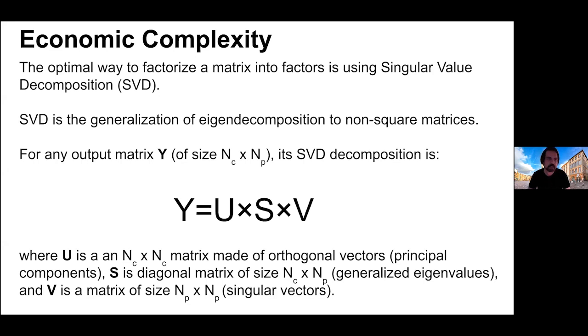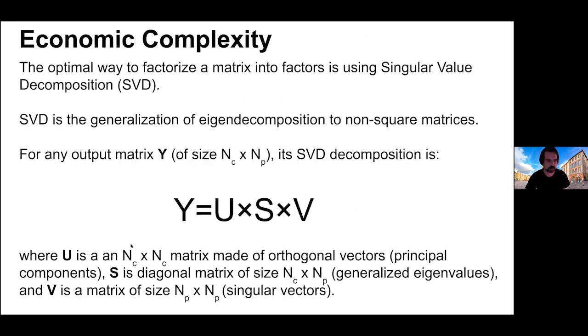Okay, so people in linear algebra and advanced fields of mathematics have figured out that there is an optimal way to factorize a matrix, which is this SVD factorization. And for any output matrix, for instance, a specialization matrix with location quotients, of size NC, number of locations, by MP, number of activities, you can produce an SVD decomposition of the form U times S times V. Now here, U is a